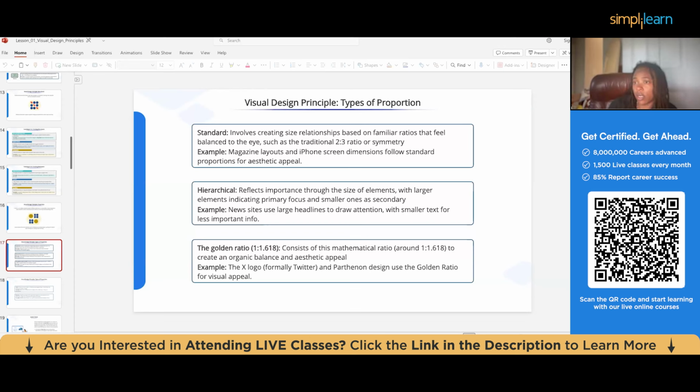The golden ratio, 1:1.618, consists of the mathematical ratio around 1.618 to create an organic balance and aesthetic appeal. The X logo, formerly Twitter, and Parthenon design use the golden ratio for visual appeal. I'm not familiar with the Parthenon, but they both use the golden ratio